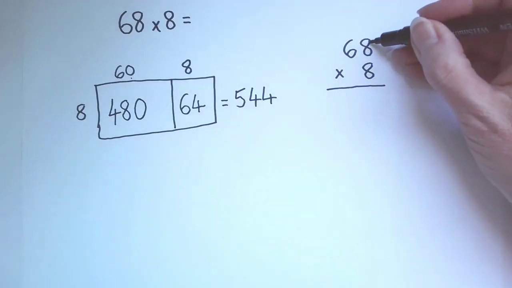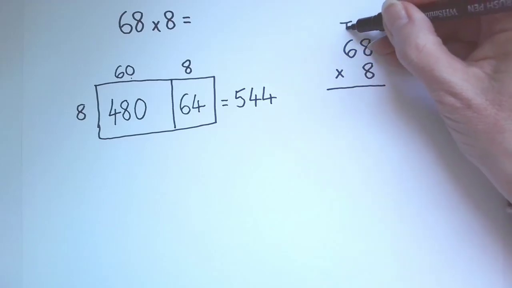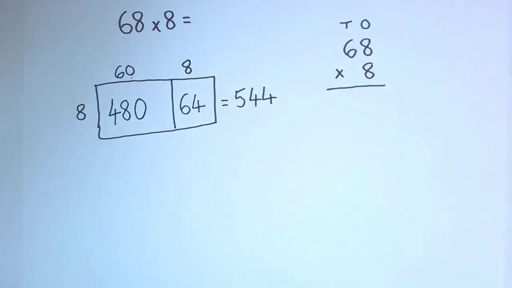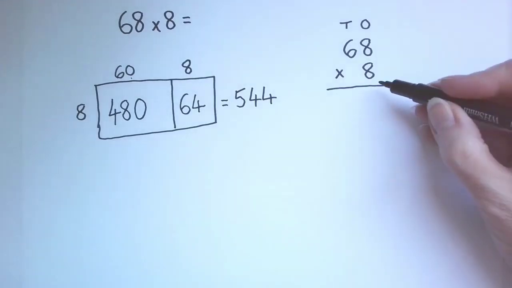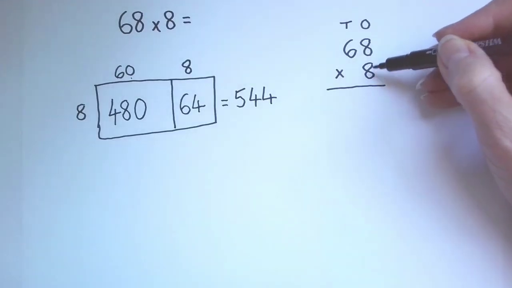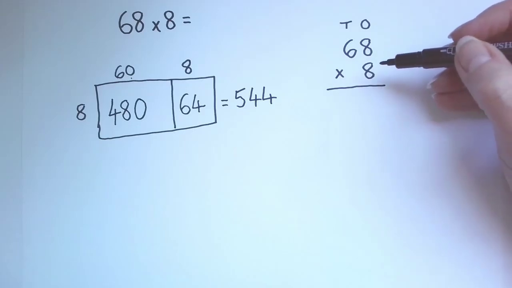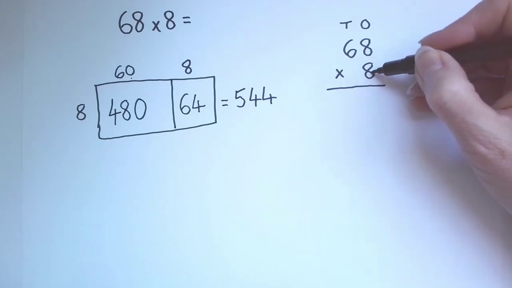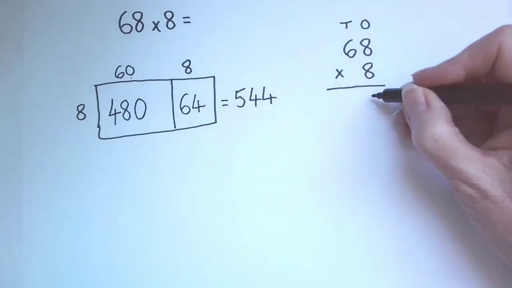And I've got my initial number 68 here, and I know that I've got my tens and my ones, and I'm multiplying by 8. So I can look at my ones first, just like we would if we were doing a column addition. And I can say I've got 8 times. So 8 times 8 is